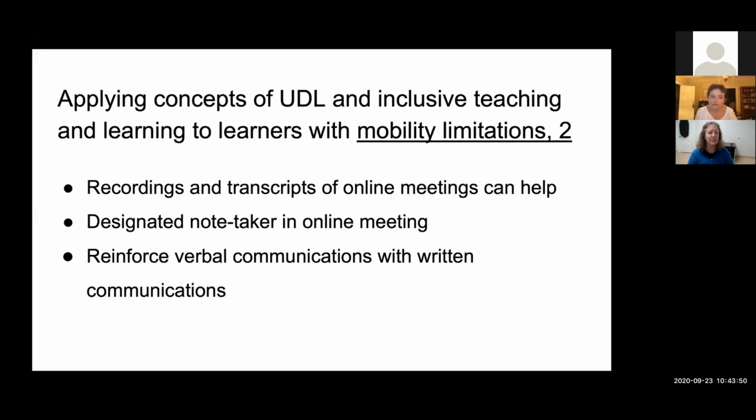Again, having a designated note taker in an online meeting or an online session that you have, and reinforcing verbal communications with written communication. So if you have an engagement, maybe a reference interview or a bibliographic instruction or some sort of instruction, and when you finish, maybe sending an email out to all the participants saying, these are the 6 things that we covered. If you have any questions, then please communicate back. Opening the pathway for communication.